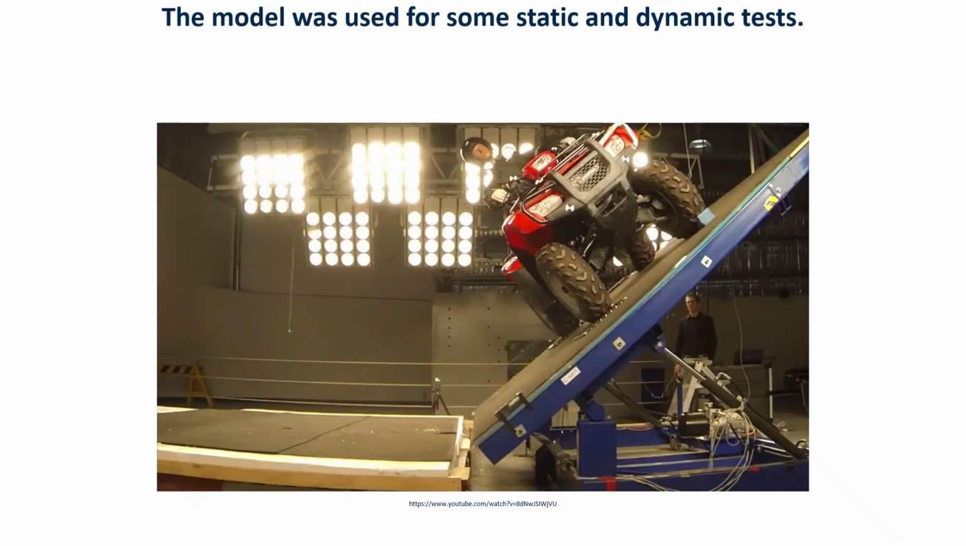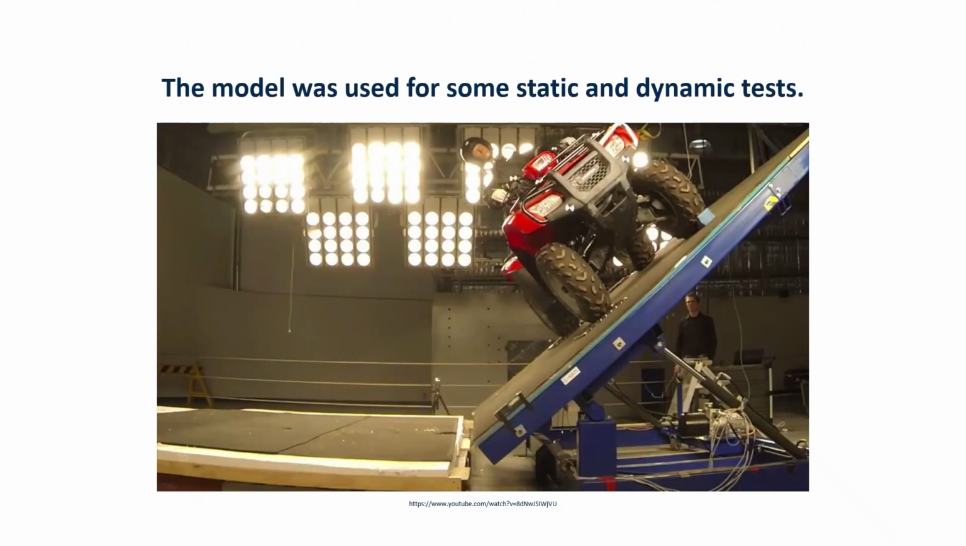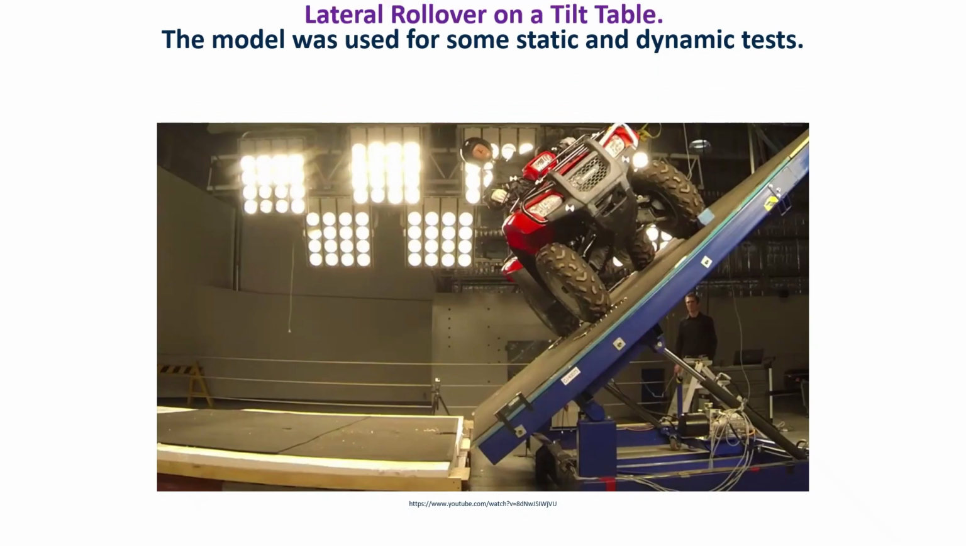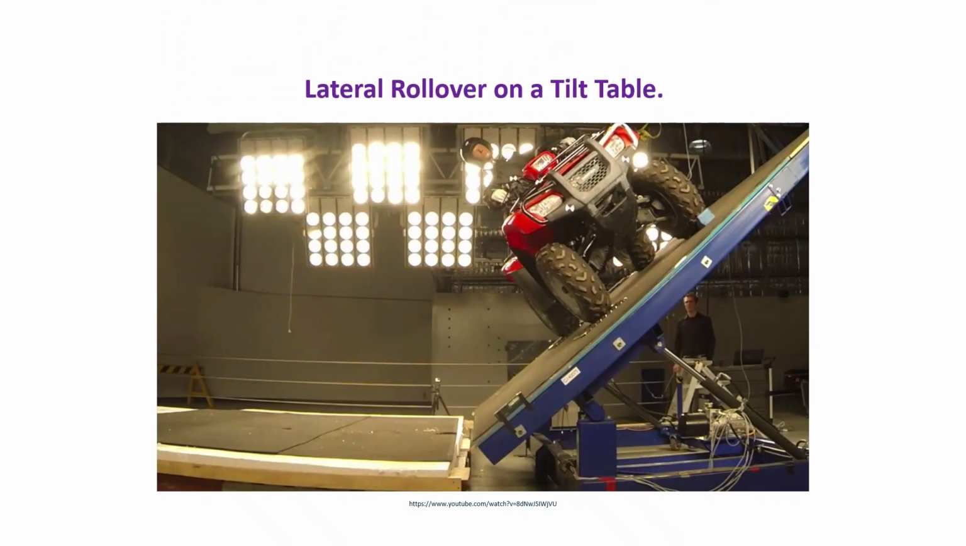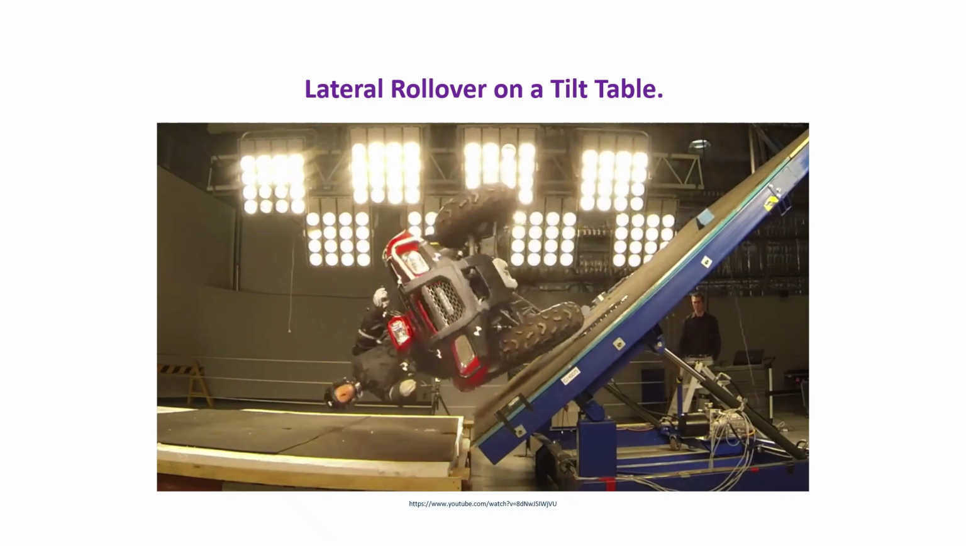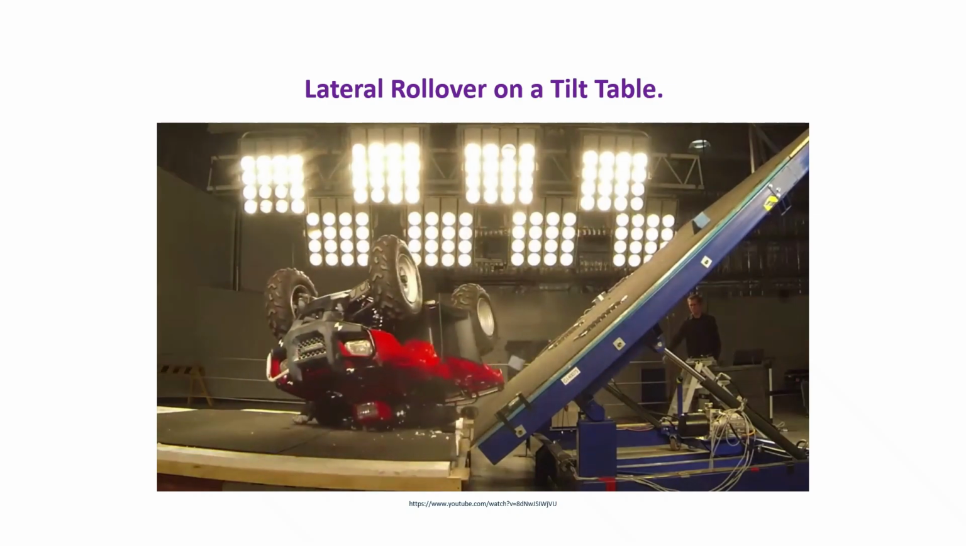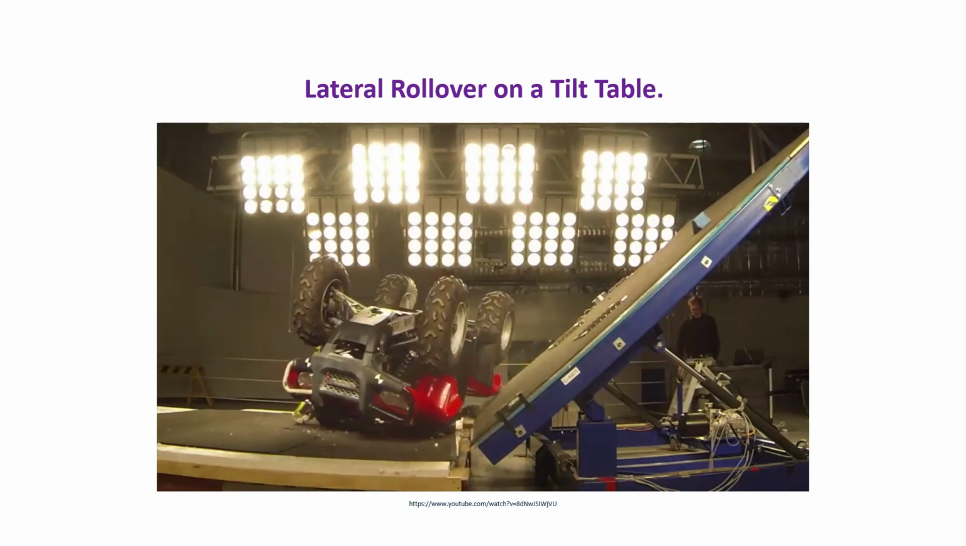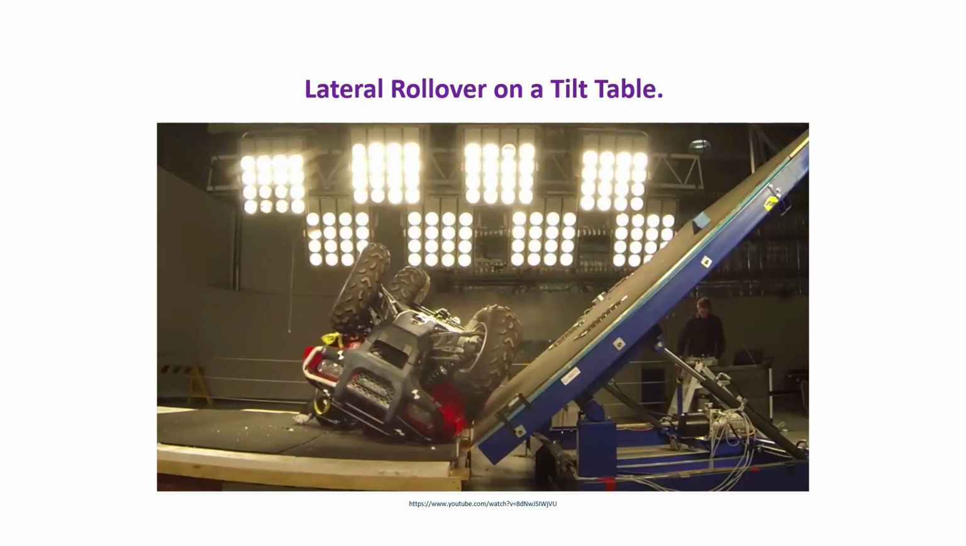The model was used to perform several static and dynamic tests, including the lateral rollover tilt table test, in which the ATV is released on a tilt table at an angle 5 degrees greater than the maximum stability angle of the ATV in the lateral, forward, and rearward directions. In this test, the head injury criterion or HIC, the final position of the rider relative to the ATV, and the pressure applied to the rider's chest are evaluated, since chest compression is a common cause of injury and death